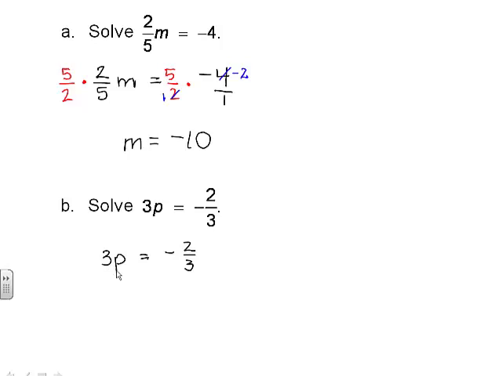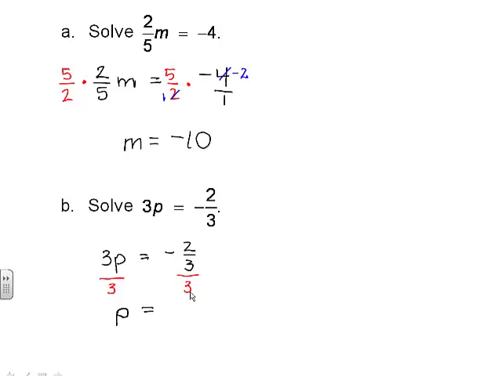So we need to undo the multiplication. To do this, we will divide both sides of the equation by 3. This way, we're using the division property of equality, and we're keeping our equation balanced. So we can simplify. 3 times p divided by 3 is 1p, which we can write as p, and -2/3